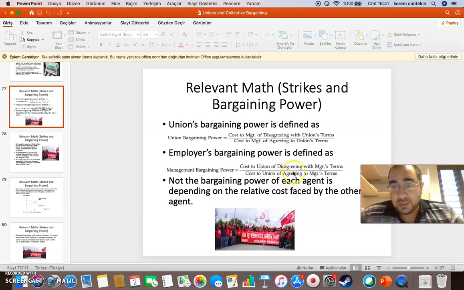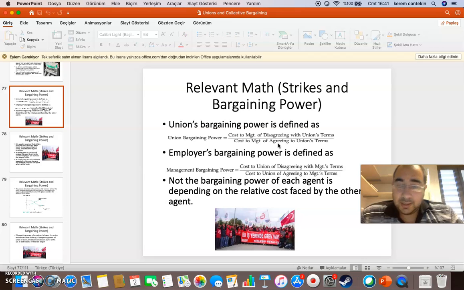Well, similarly for the management, if their power to inflict damage on the union is higher, the cost of the union disagreeing with the management terms is higher, while the cost of agreeing to management terms is relatively low. Maybe they are not that desperate. Management takes its power from its ability to damage the union. And when this ability is there, then it will continue the strike and not come to an agreement. When their relative power to damage each other is low, which might also be because agreeing to terms is very costly for both of them,